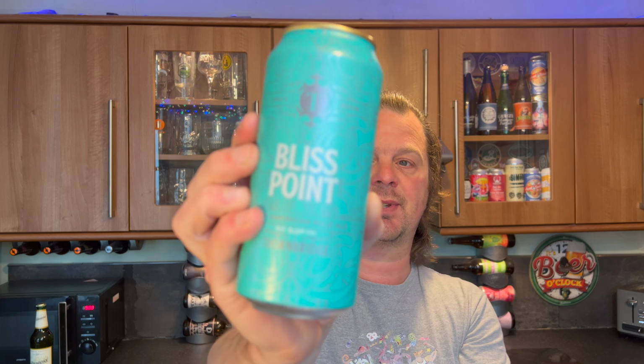Next beer is by Thornbridge. Now this is probably the first time that Thornbridge, certainly a 440 milliliter can, have put a beer in the Lidl Beer Festival. This is a Hazy American Pale Ale, 5% ABV,